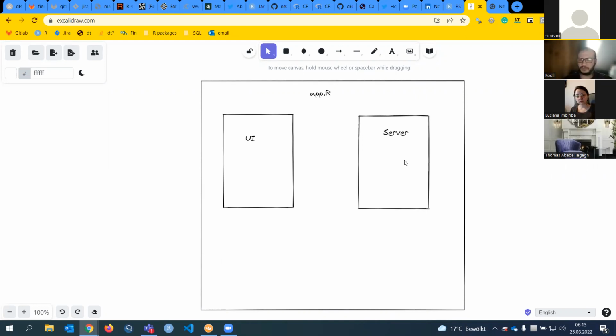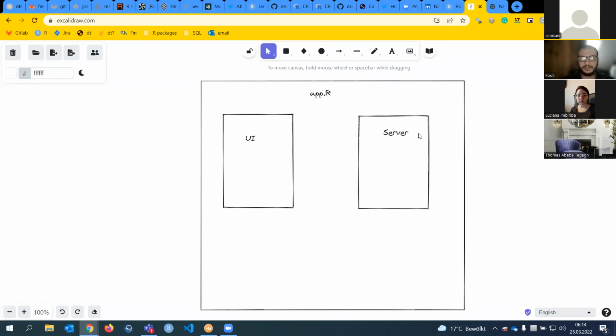It won't be converted to any other language. It will be really like an R function. However, the interactivity that you will see in your application, for example, when you click a button and something happens, you write it also in R, but this will be converted behind the scenes into JavaScript. But please don't care about it.